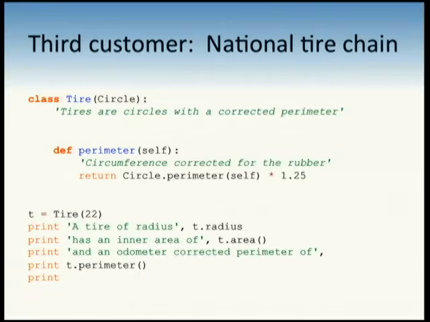Now, does the parent get called at all? Yes, we actually refer to it inside our perimeter, so we've intercepted the call and call our parent. If the parent eventually gets called, this action is called extending. If the parent doesn't get called at all, this action is called overriding. So we extend the parent's method, we let the parent compute this perimeter, and then we scale it up by 25% for the rubber. This is common and normal. You should expect every class you write, somebody's going to subclass it and do something horrifying to one of your methods. Just saying. Expect it.